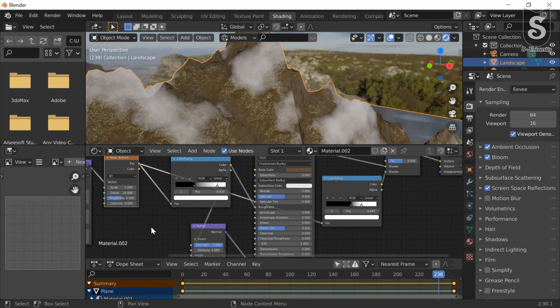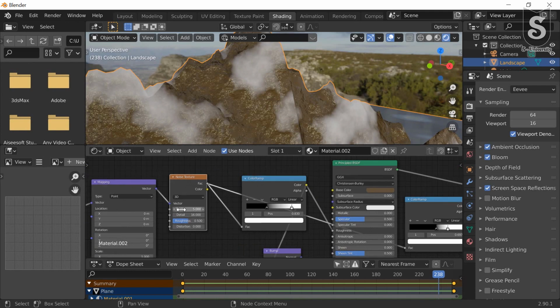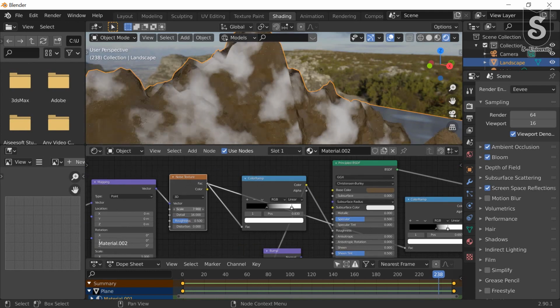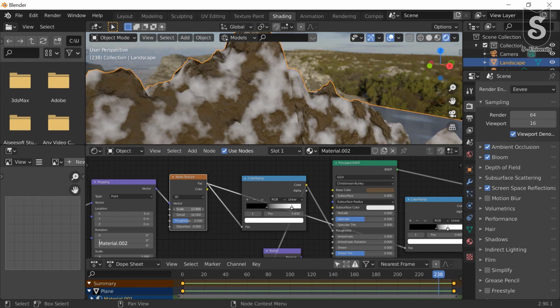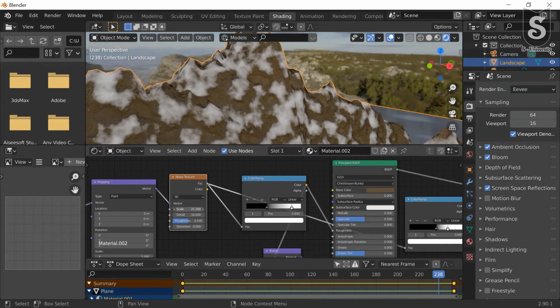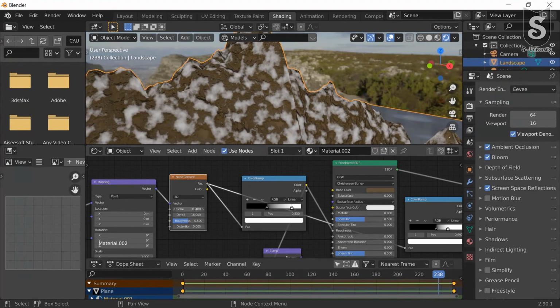Now increase the size of noise. Change the material color if you require something like brown.